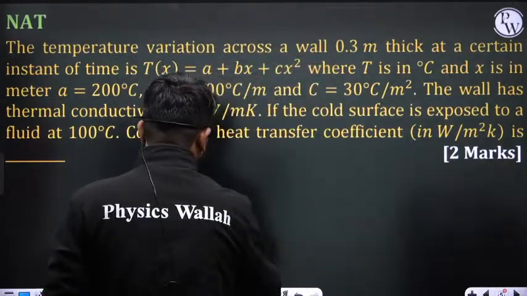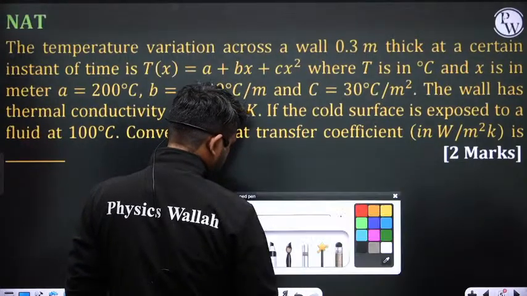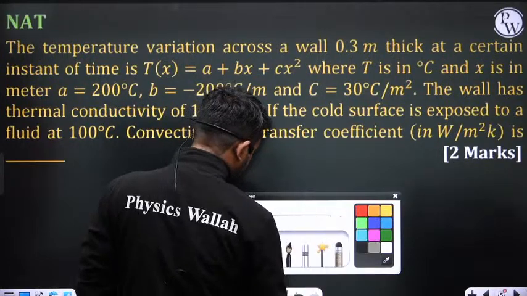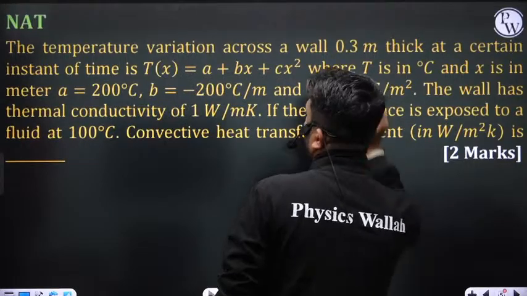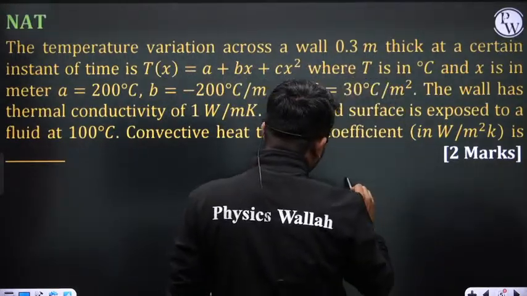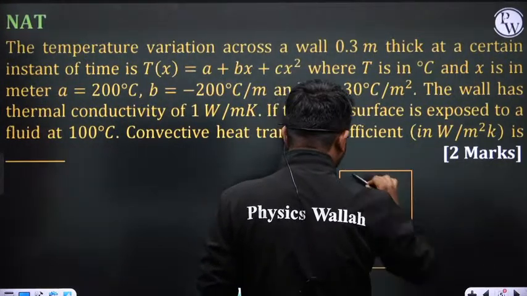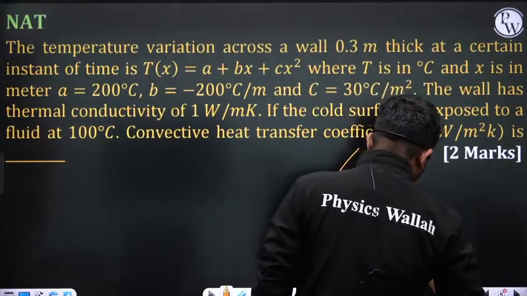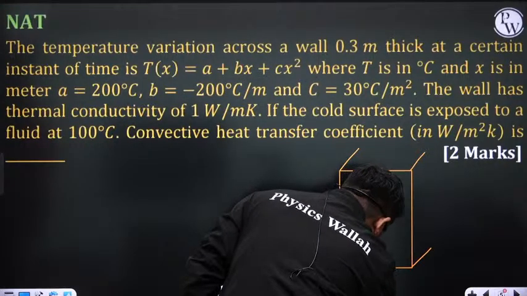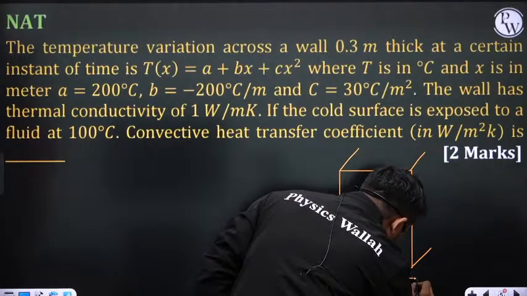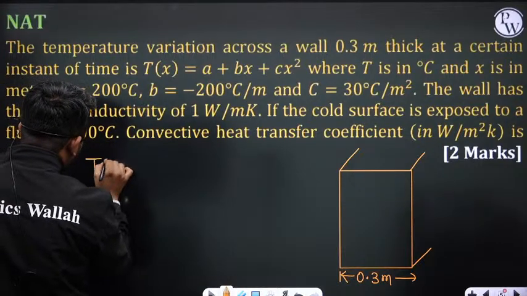Okay, now see. The temperature variation across a wall. So there is a wall, and this wall is 0.3 meter thick. The temperature variation is given, and that is T of x is equal to